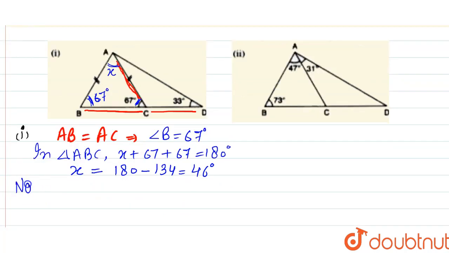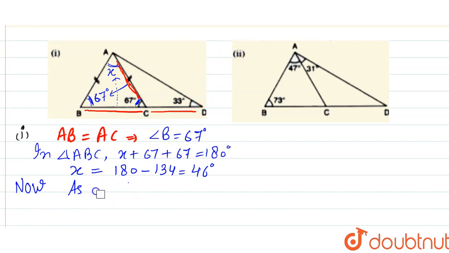Now between these two sides BC and AC, the angle opposite to side AC is 67 and the angle opposite to side BC is 46. So clearly this angle is bigger,